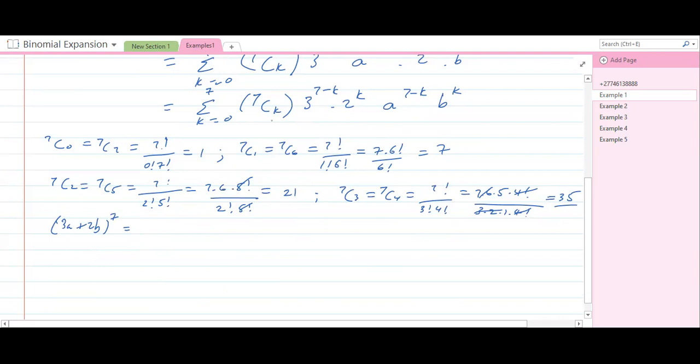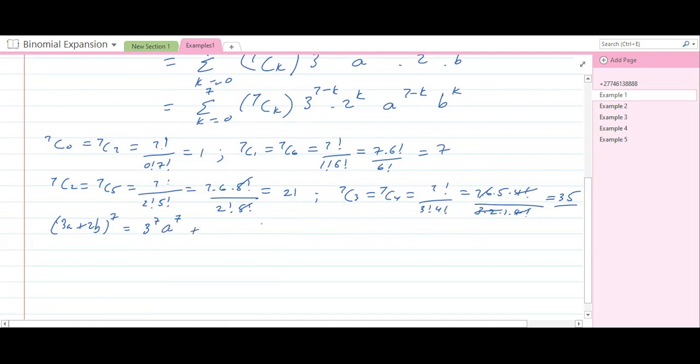If k is equal to 0, we get 7 choose 0, which is 1. We're not going to write down the 1. Then k is 0, so we write down 3 to the power 7, 2 to the power 0 is 1, a to the power 7 minus 0, so you can write down a to the power 7, b to the 0, plus